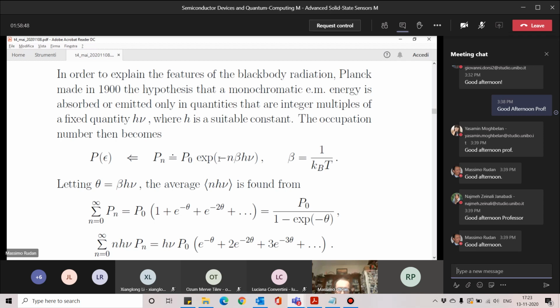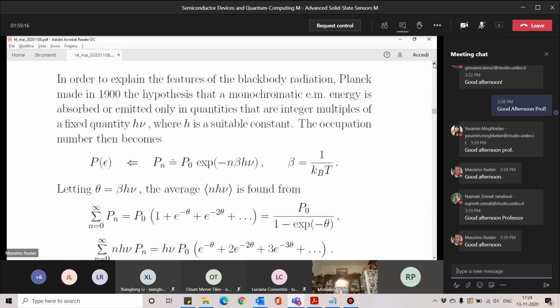But instead of energy, we use n times h_n, in which n is 0 or 1 or 2 or whatever, an integer number of blocks h_n. So the integral over energy must be replaced by a sum over the index. So you remember, in the